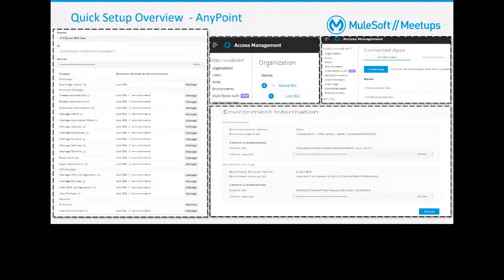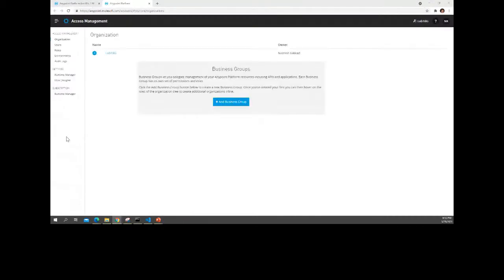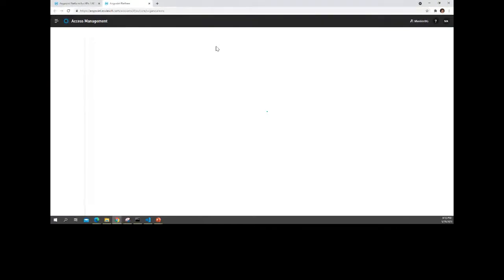As I said, we are using Anypoint CLI here. To connect to Anypoint CLI, we are using connected apps. On the left side, you guys are seeing one connected app which I have created. Now, how can you create it? Let me quickly show you. You simply need to come to access management. And I believe you would have a question about why I am using a connected app. A connected app acts as a technical user on your behalf, which is really interesting and a really new topic, where you need not manage all the users separately.